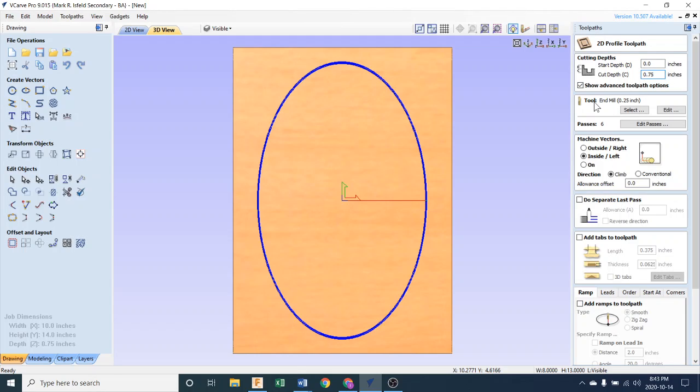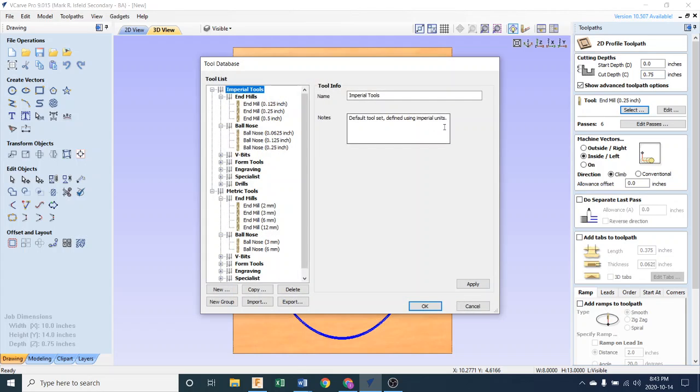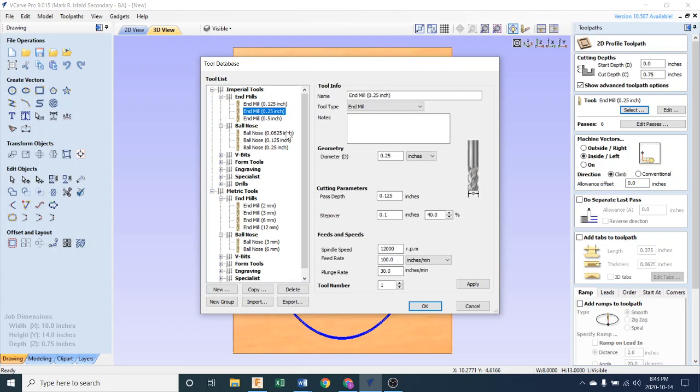So the next area here is your tool that you're going to use. The router can have various different tools mounted in it. And if I hit select, I can see that there's many different kinds of tools, and it's very confusing at first. But all you need to know is we're going to be using a 1/4 inch, 0.25 inch end mill. That was on mine a default, but if it isn't on yours, you click it there. And when you click it, all of the details about a 1/4 inch end mill come up. And basically we can accept all of the